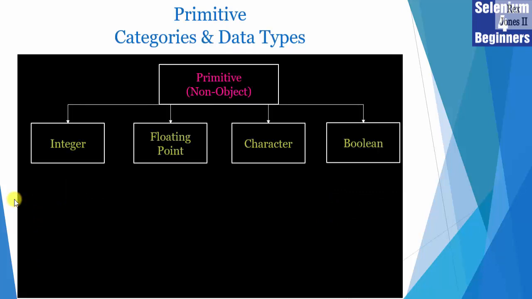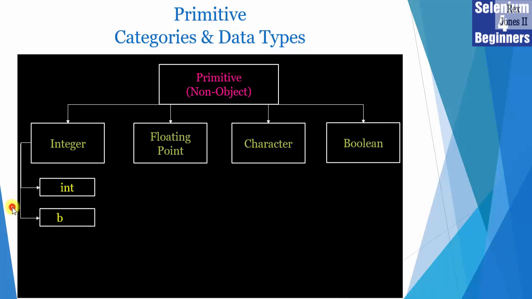The primitive data types have 4 categories: integer, floating point, character, and Boolean. Integer and floating point hold numeric data. Character holds text, while Boolean holds true or false values. Within these 4 categories, there is a total of 8 data types. 4 of those data types are located in the integer category: